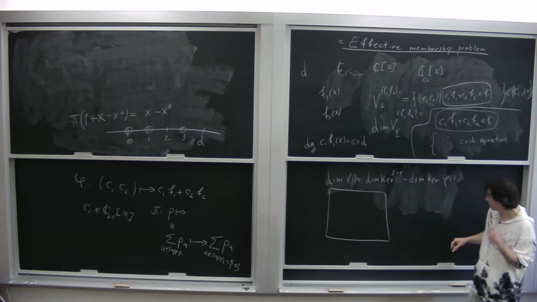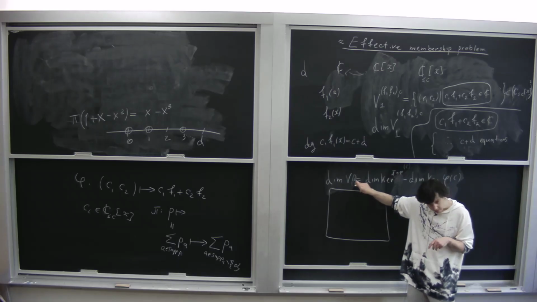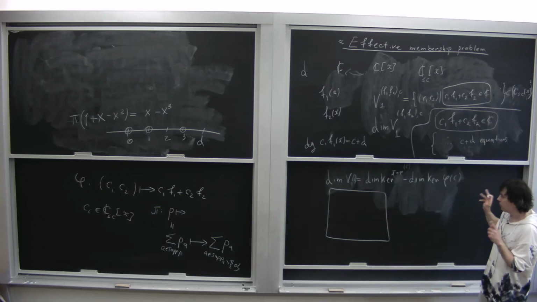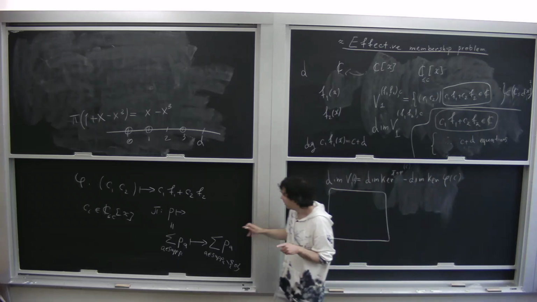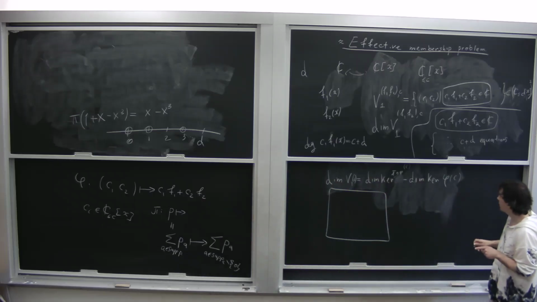So if we calculate this value at some point C, according to this map, we are going to have